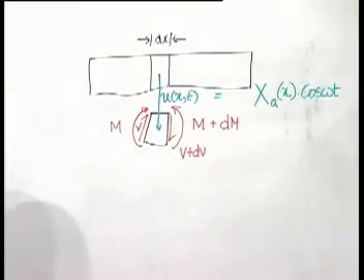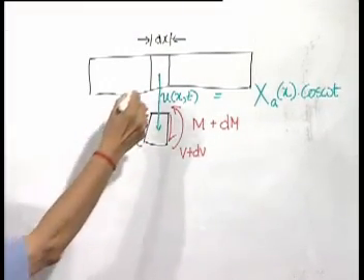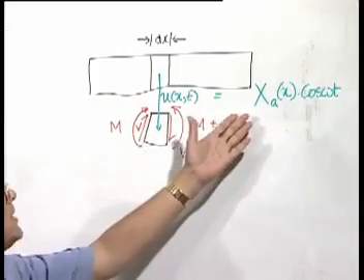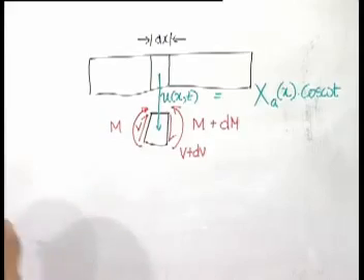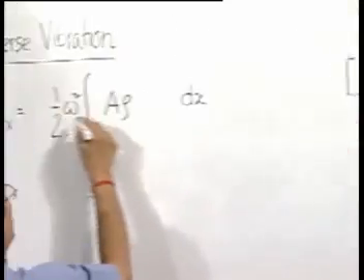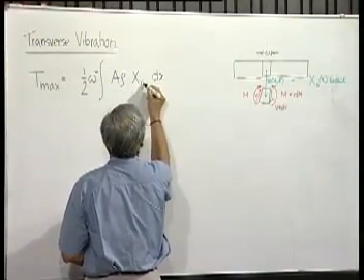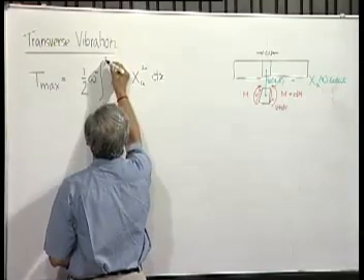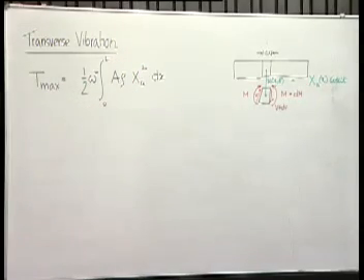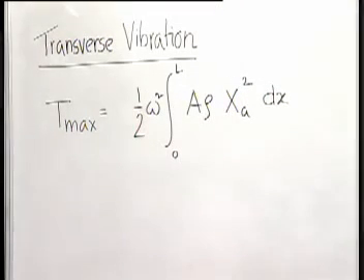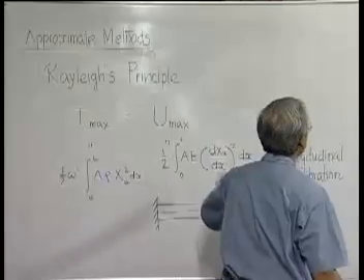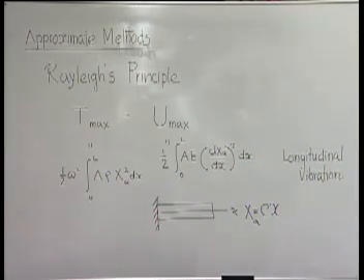Now, in this case, the maximum velocity will be same as omega Xa, and so the square of that will be, mass will be A dx into rho, then half into velocity square for the whole member. So that will remain same as we had in this case. But however, how much is the maximum strain energy, that we have to derive, and let us find out this